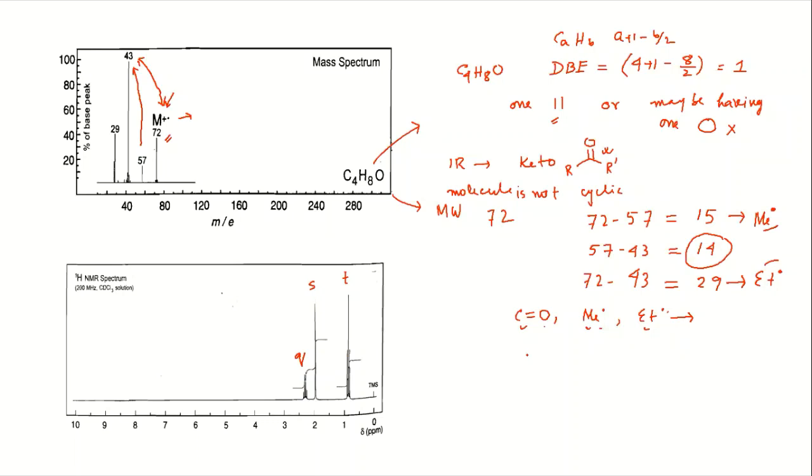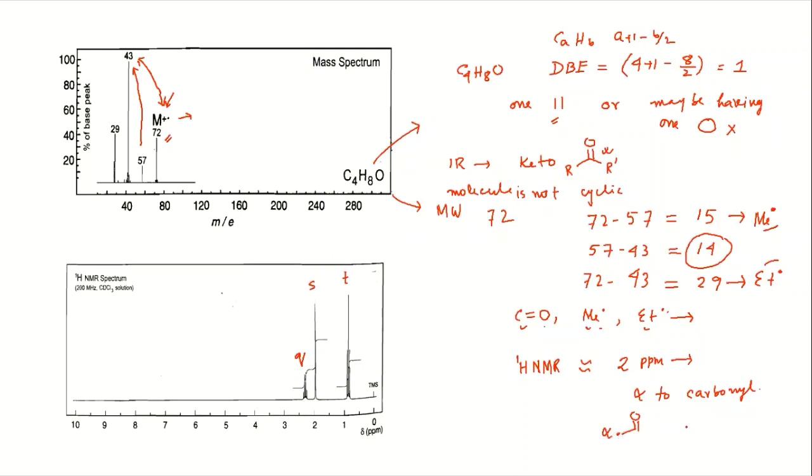Now, when you have a proton NMR value close to 2, what information can you tell? What type of proton is it? This proton is alpha to carbonyl. That means you have a carbonyl, and at the alpha position you have the proton. That type of proton is alpha to carbonyl.